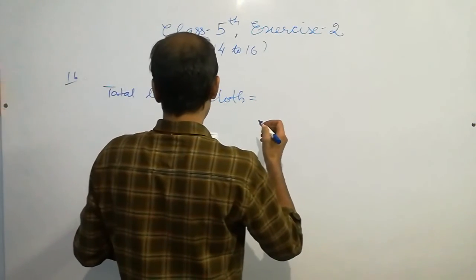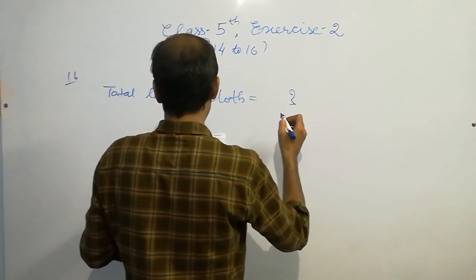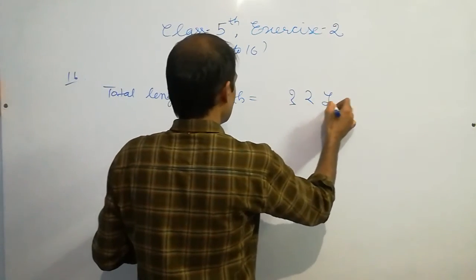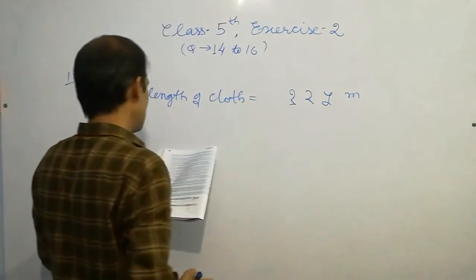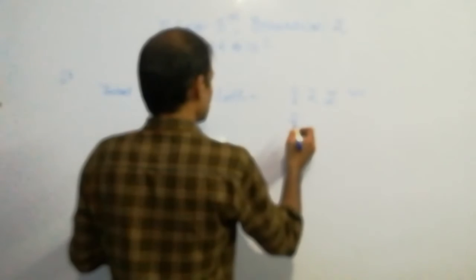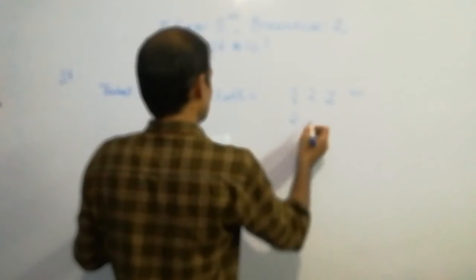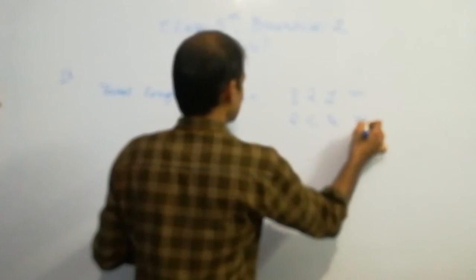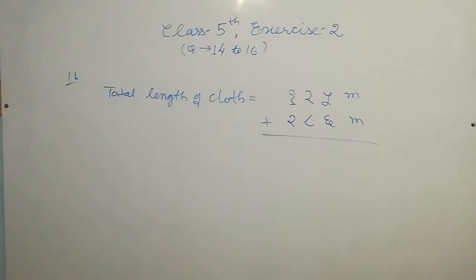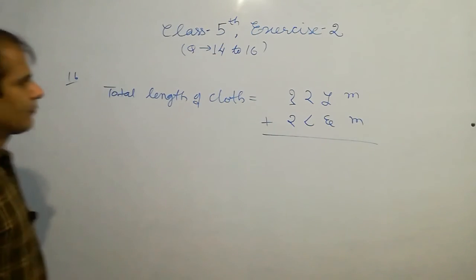First is 125 meter and next value is 286 meter. Perform the addition. Check the values. We have to be careful with the Indian digits. First value is 1, 2, 5. Second is 2, 8, 6. Okay.